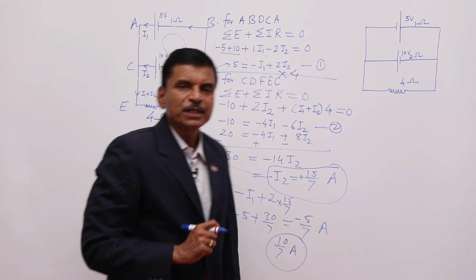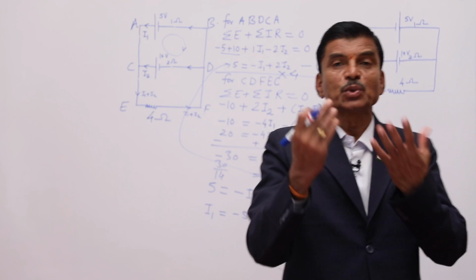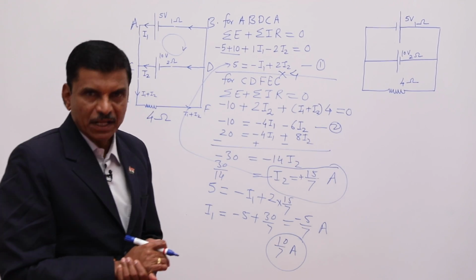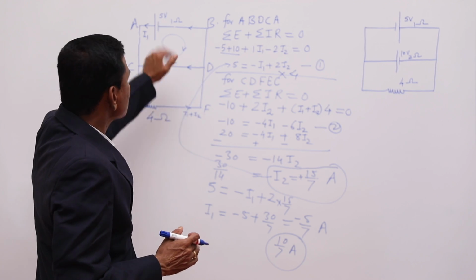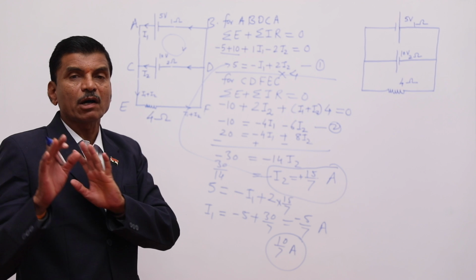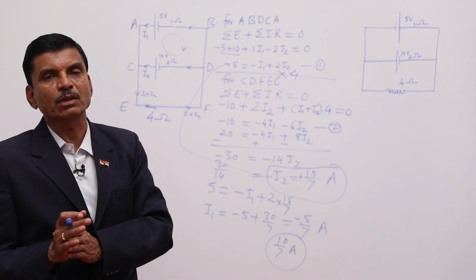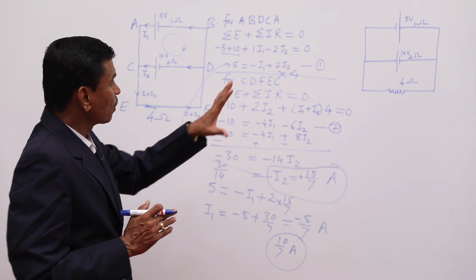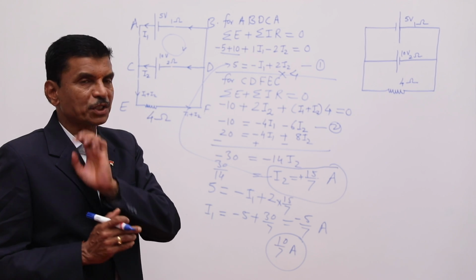Do you get this point? How we will use Kirchhoff's laws to find the current in different branches. That's why I have taken this example. This is not from the textbook. In the textbook they have also given a solved example, but I have changed the values. And for your homework I am giving, very important.